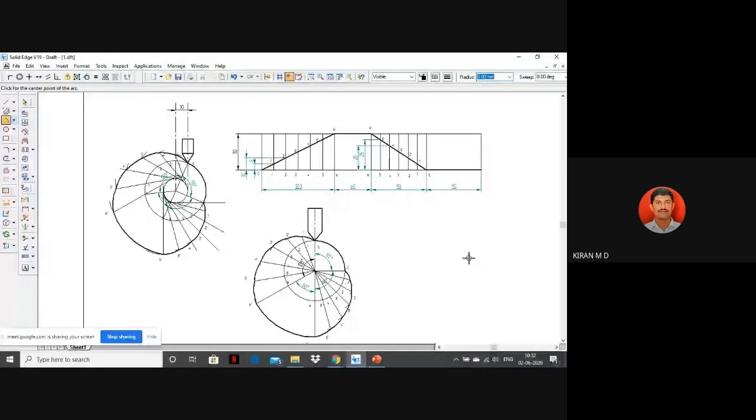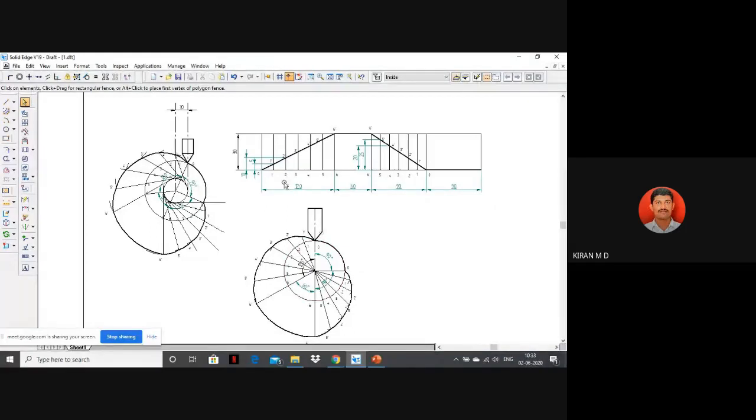This is one type. So just now only I'm telling you, the procedure remains the same, whichever the type of motion. This diagram will not be affected by either simple harmonic or uniform acceleration or uniform velocity. When we are drawing the displacement diagram only, we will consider it. Once you have considered and got the distance between 1 to 1 dash, 2 to 2 dash, 3 to 3 dash, like that, we are going to use that to draw the curve here.